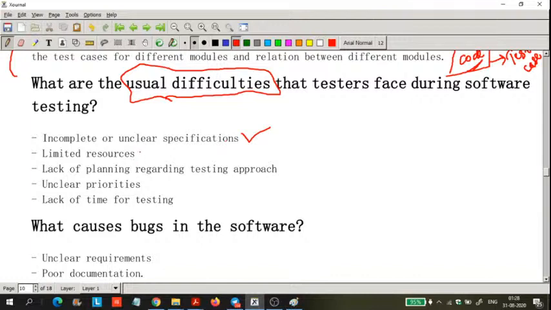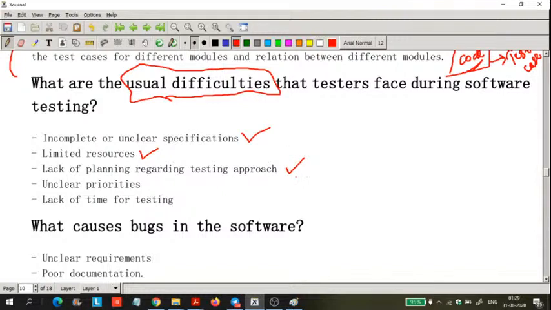Limited resources, if there are limited resources, or if there is a limited number of testers available. Limited documents, means if the document is not available. So lack of planning regarding the testing approach,